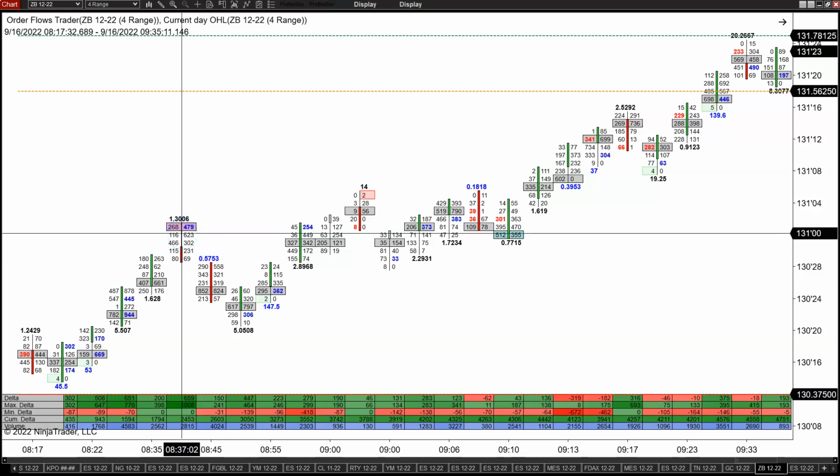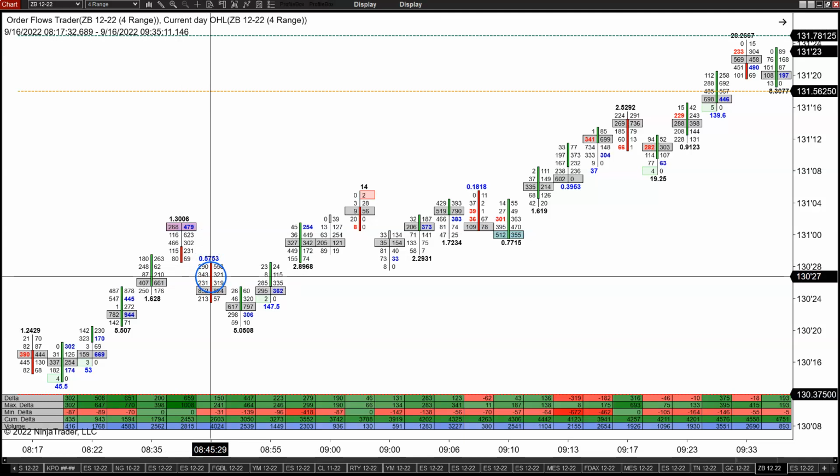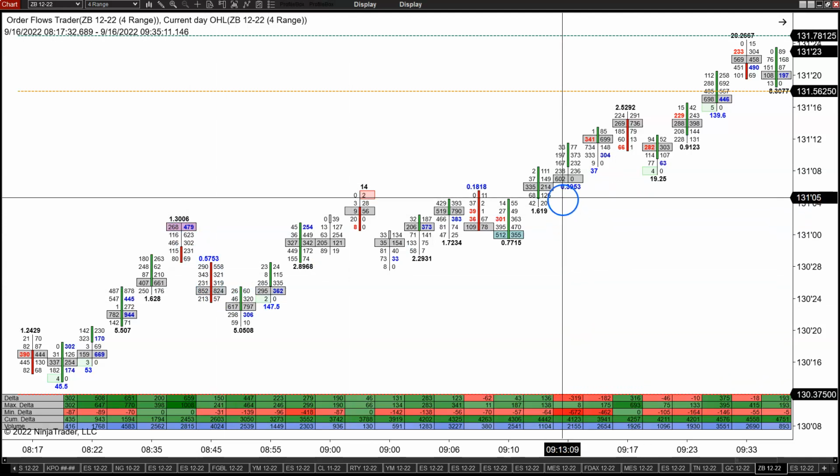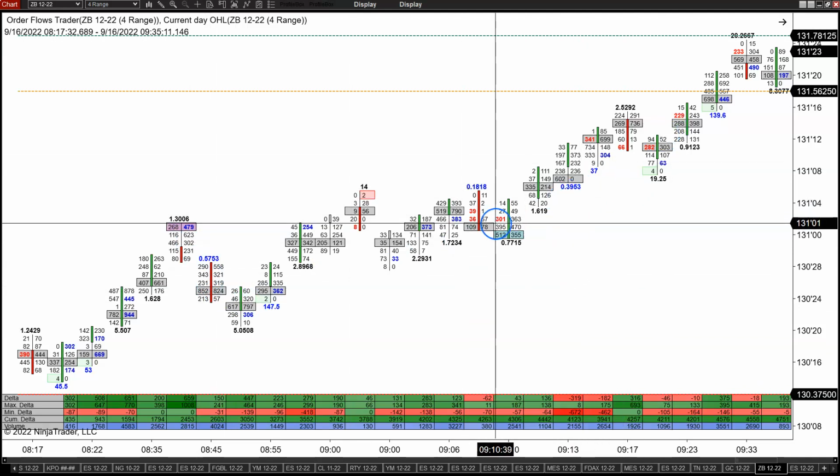Let that bar finish. And once it does, watch the next bar. Is it continuing in that direction? If it is, then you get short, right? If it's a short signal, or you get long if it's a long signal,